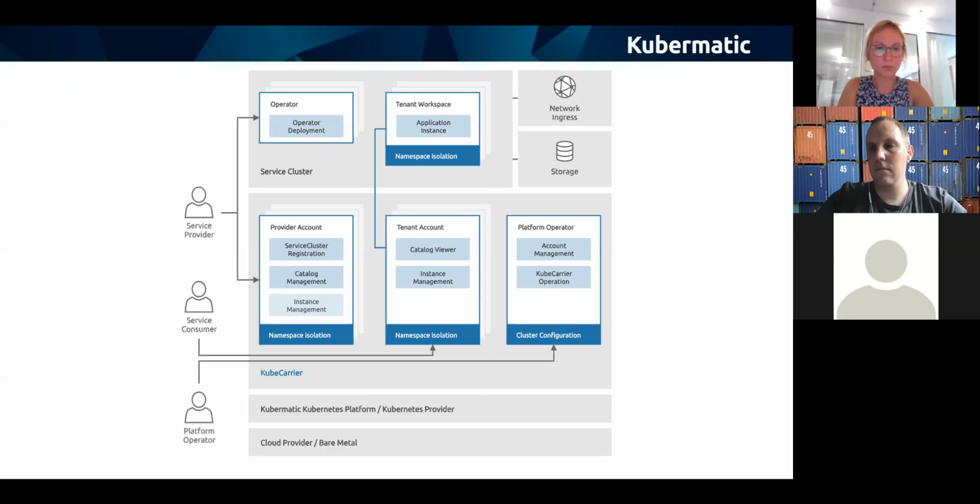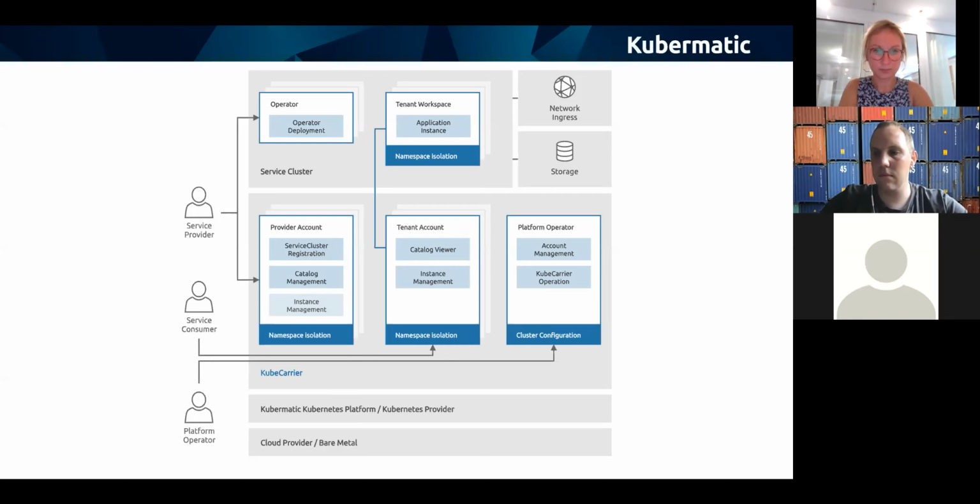While the tenants can see and discover the catalog of services and just do the instance management. So if one provider is sharing services, then this tenant can immediately create those instances and start to